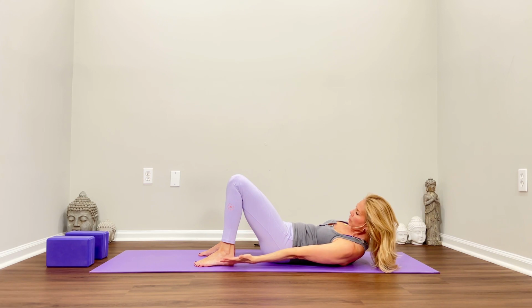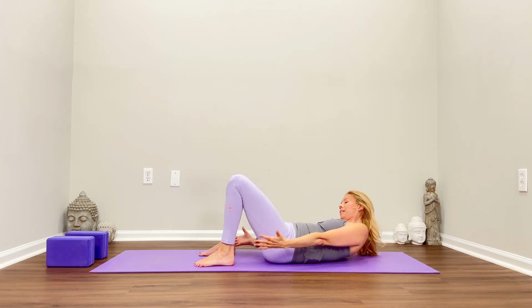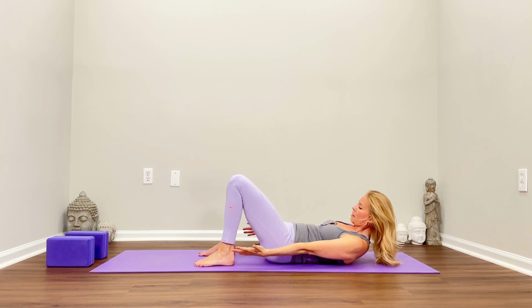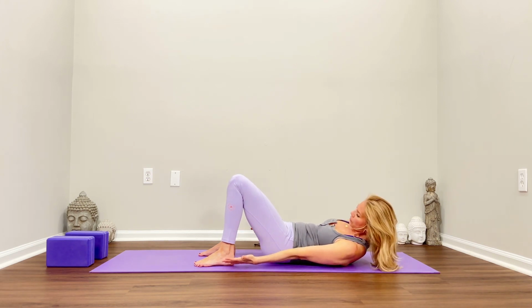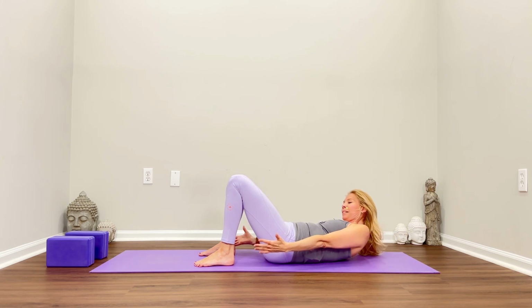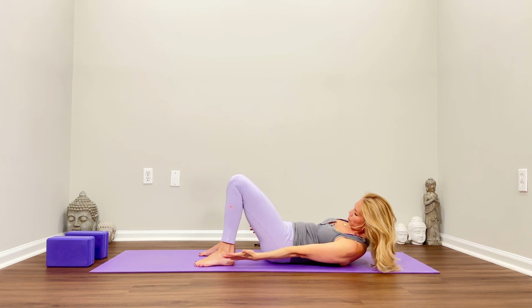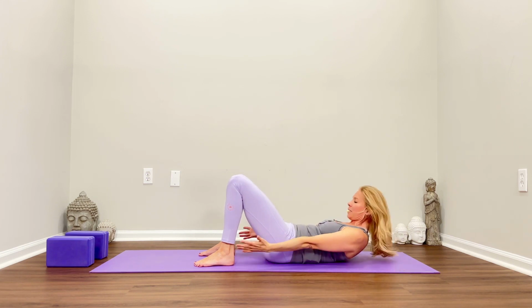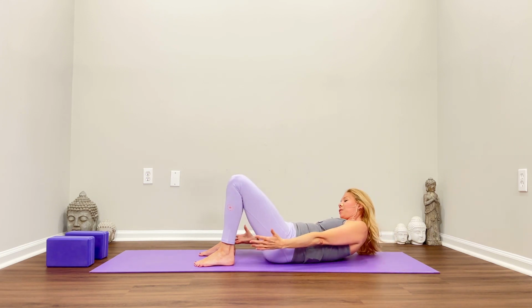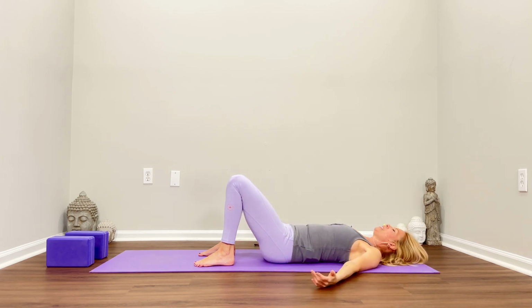toward the toes, and exhaling center. And then reaching over to the right, exhaling center. Reaching over to the left, exhaling center, reaching over to the right, exhaling center. One more each side. Reach over to the left, exhale center, reach over to the right, exhale center, release, and